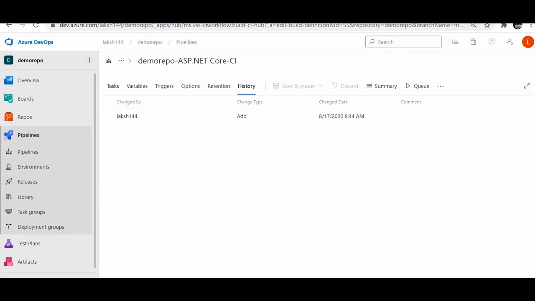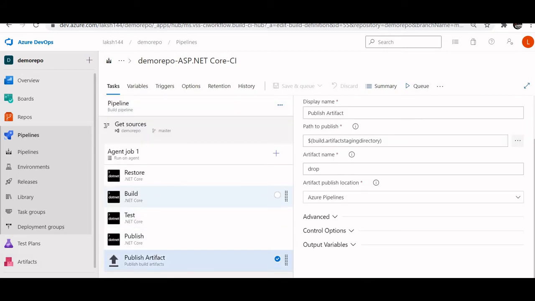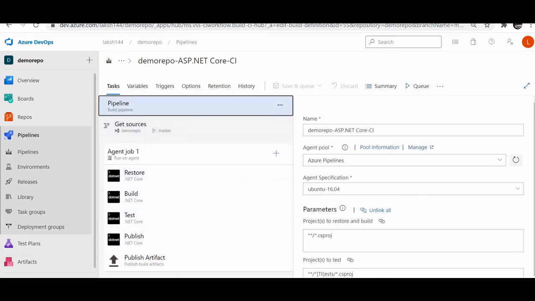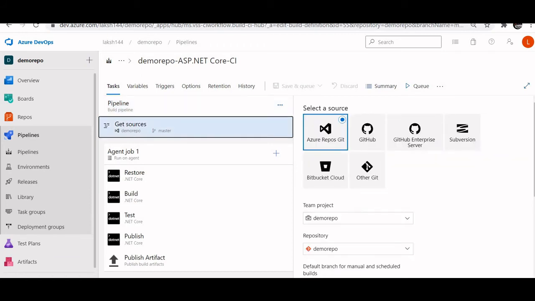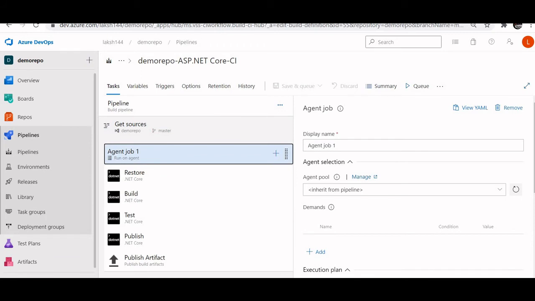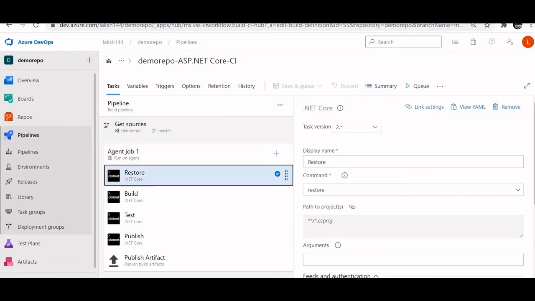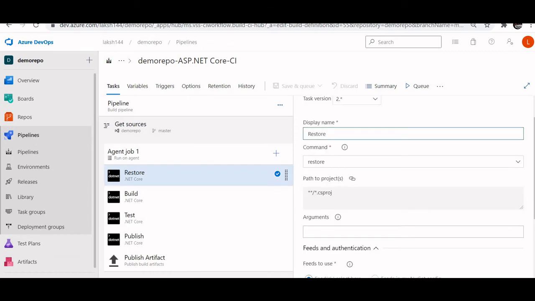Now let's come to tasks again. Let's come back to pipeline. This is the name of the pipeline. This I already told. This is your source code location, get sources, and this is the agent pool inherited from pipeline. So here comes the main part. .NET Core, it is basically the restore task. Here it will restore all the dependencies, as I told, for your packages. Display name is restore. You can customize it also. Restore all